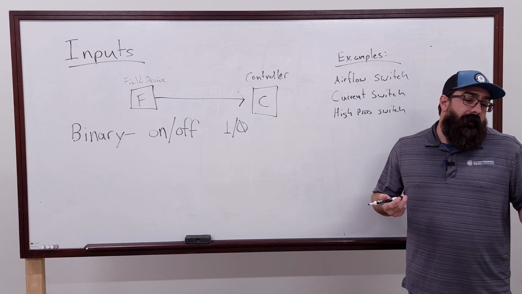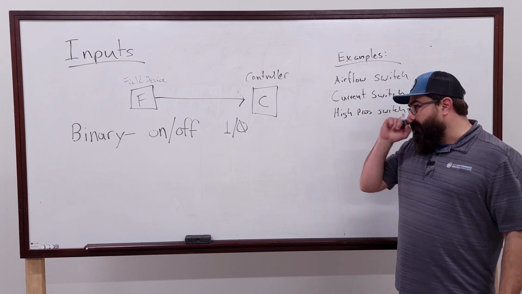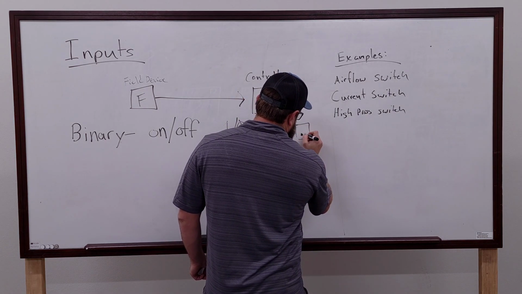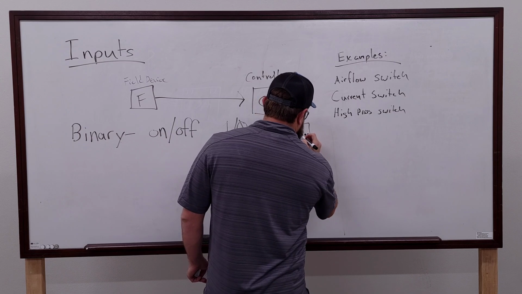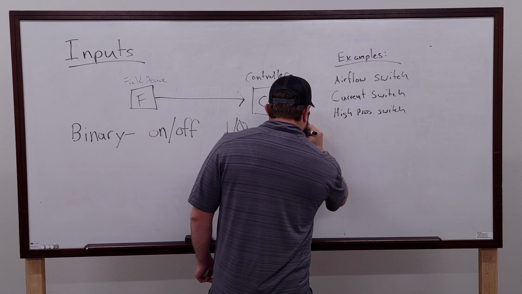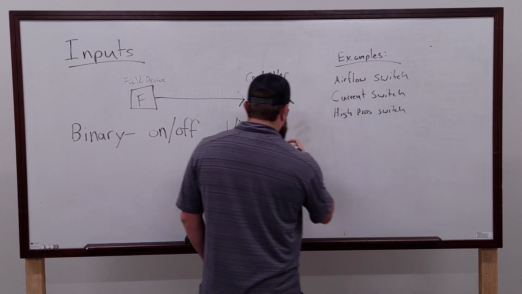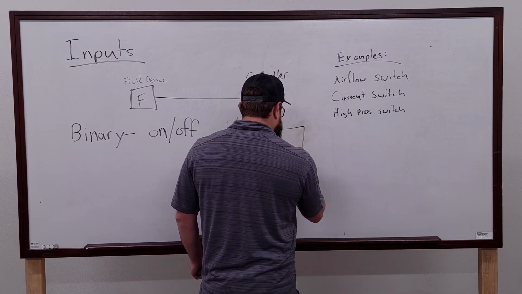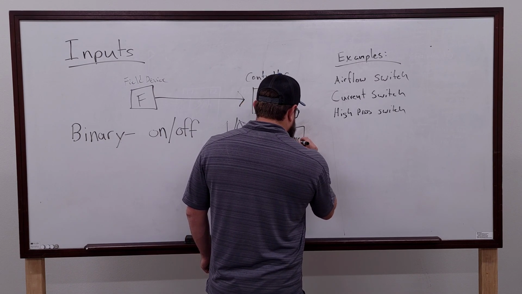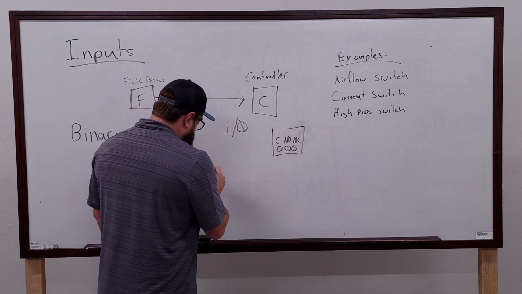I don't know what it's going to look like on a schematic. I can draw what I would represent it as. So say we have our airflow switch. It has 3 contacts. I'm going to make this a little bigger so we can actually see it, because I forgot I'm showing a camera. So we got 1, 2, 3: common, normally open, normally closed. And these are our screw terminals. So you would need a